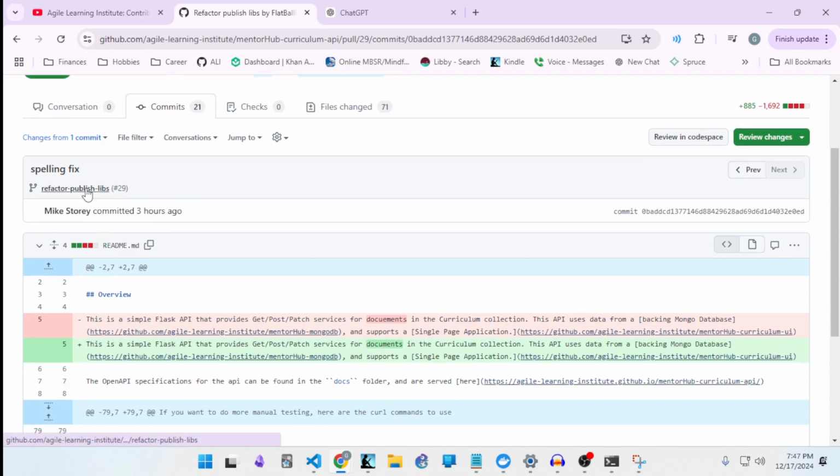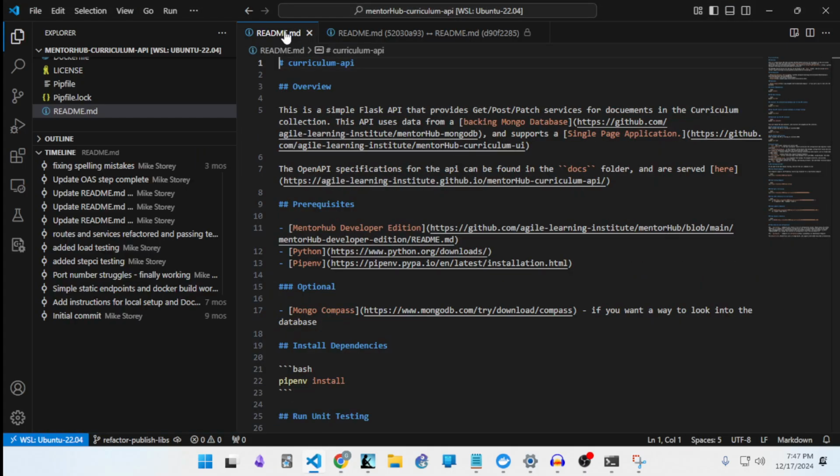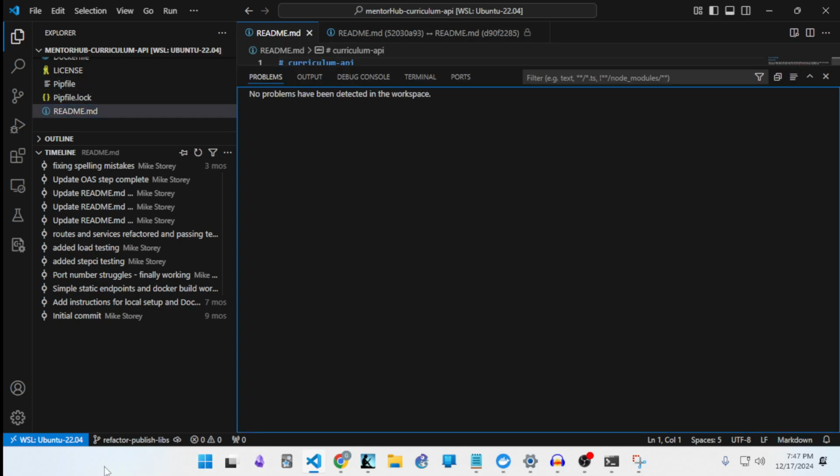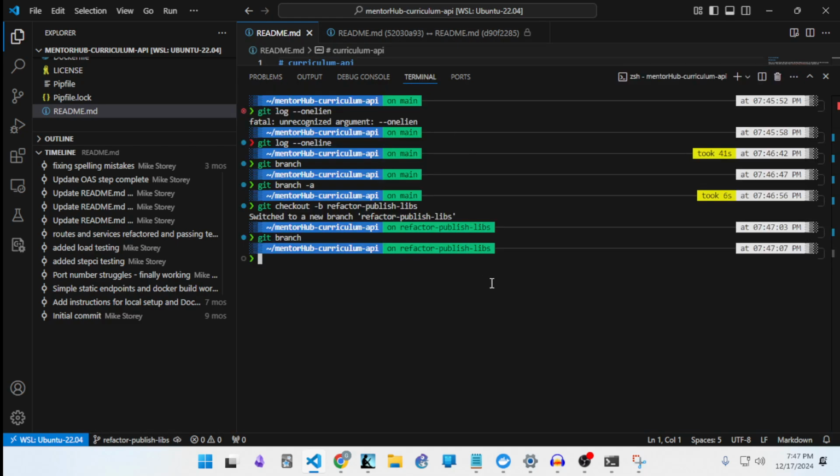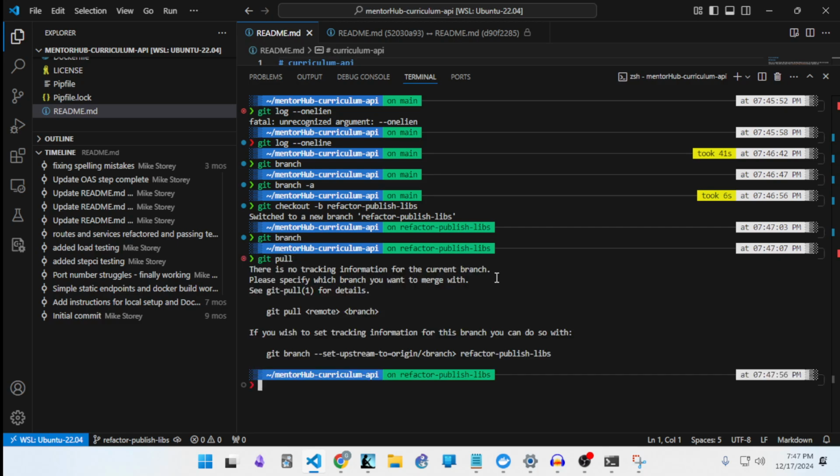Yeah, this is on the refactor publish libs branch, which is the branch I'm on. We can see that here. Okay, so let me try to